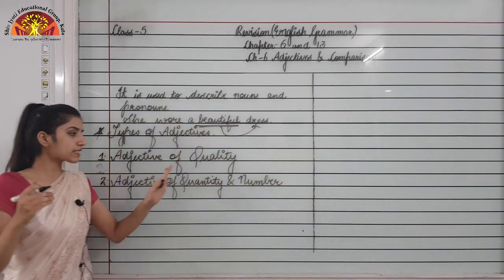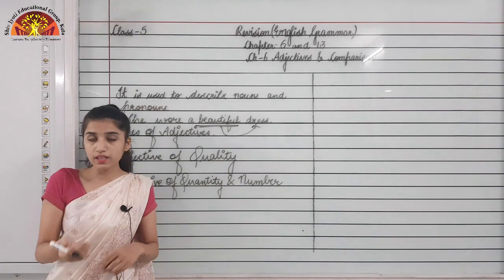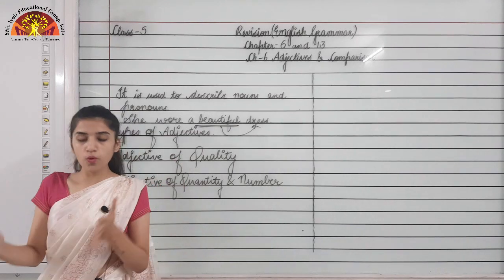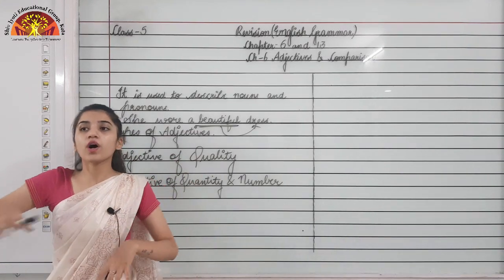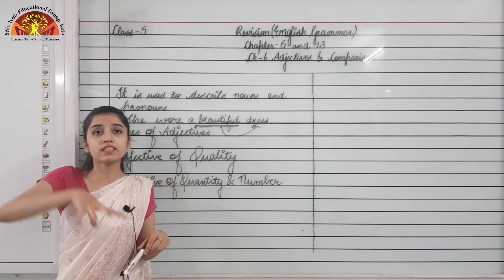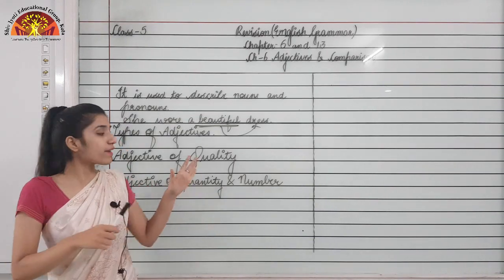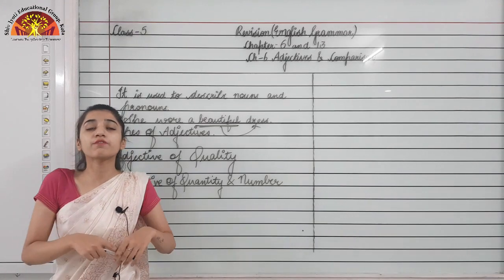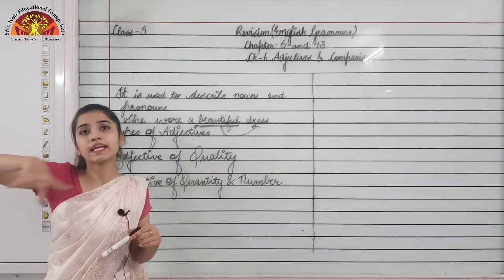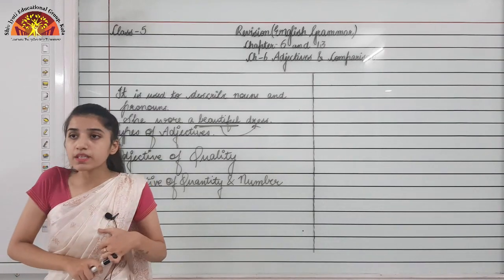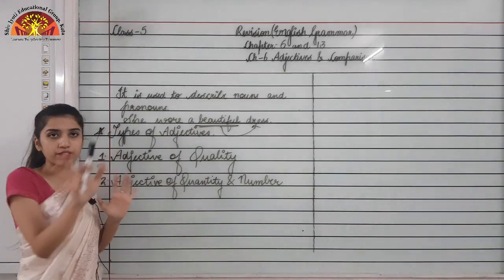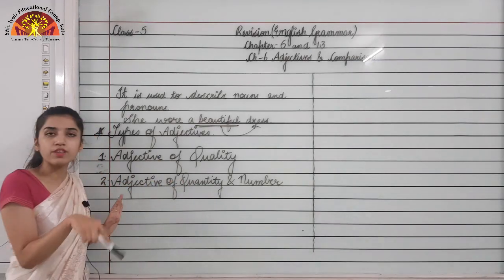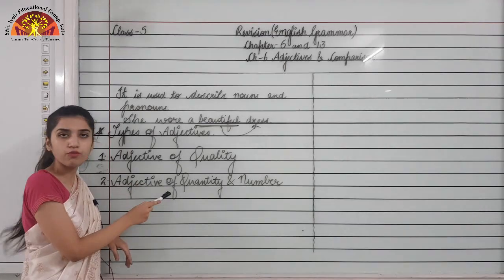Okay, so we will be studying quantity and number together. To tell what an adjective of quantity is: an adjective of quantity tells us about the quantity of something. It tells us how much of the thing there is. But when we have to find an adjective of number in a sentence, we have to question it with how many the things are. If the sentence has an uncountable noun, then the adjective with the uncountable noun would be an adjective of quantity.